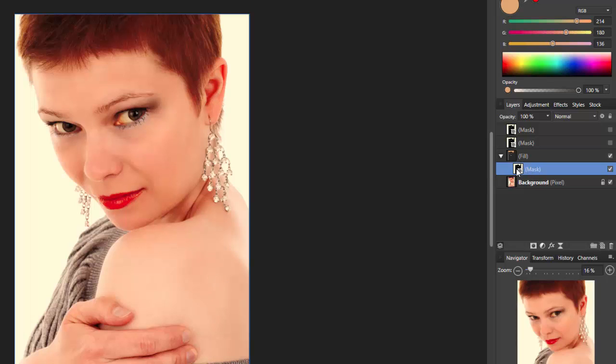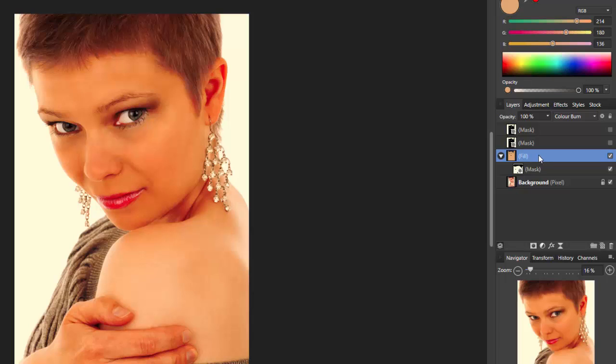So I need to invert this, and to do that I can press Control and I, and there you can see that the eyes have now gone back to being white, the hair has gone back to its lighter red colour, and the lips are as they were. So hopefully you can see that by adding that mask I've protected those areas. So I can now move on to the next step,